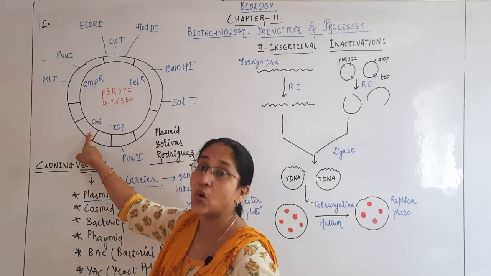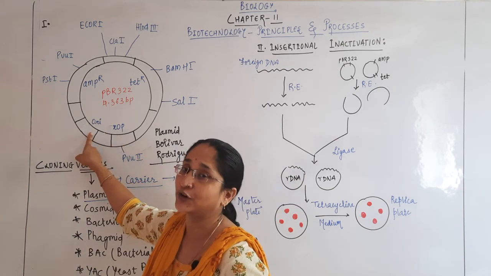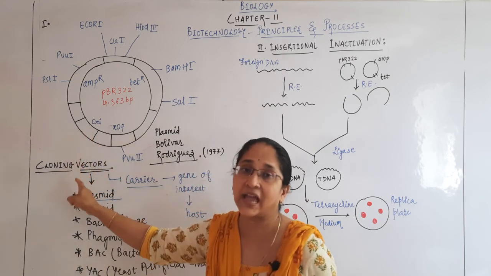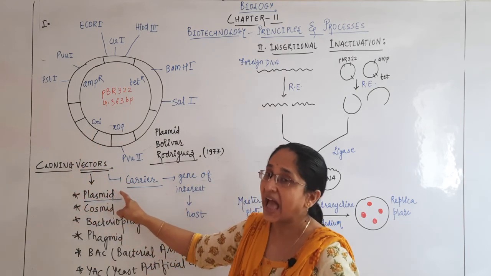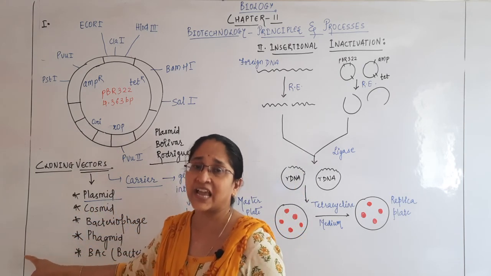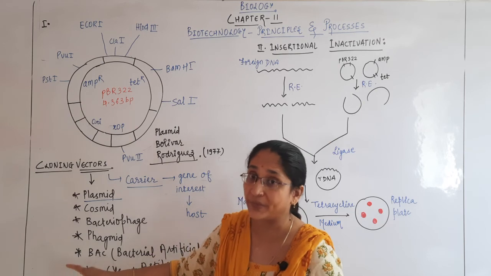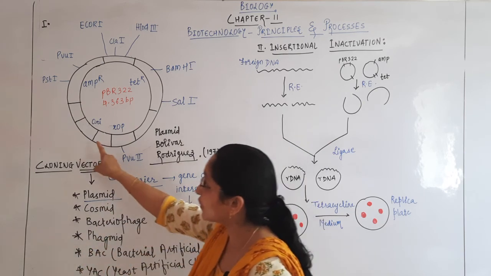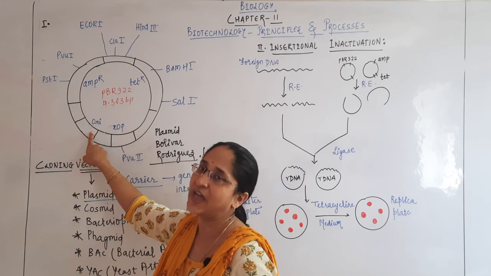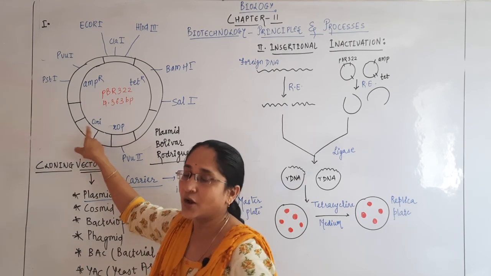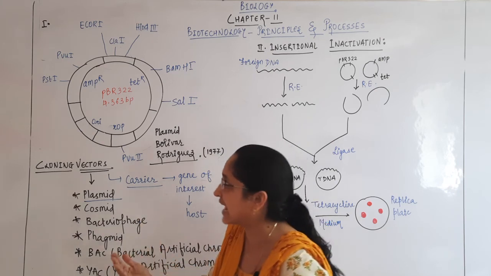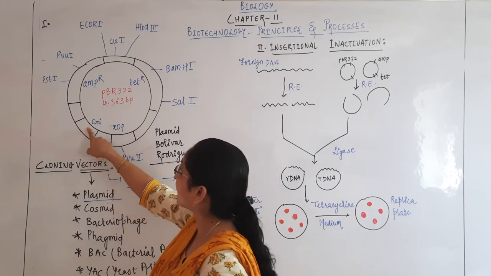When we talk about ORI, that stands for the origin of replication. This is the point where we can put the insert and it will replicate. When the plasmid replicates, obviously multiple copies of the DNA of our interest will also be produced. So, this is the point from where the replication begins. Now, what do you understand by the term replication? To make a copy of itself alike is what is referred to as replication.